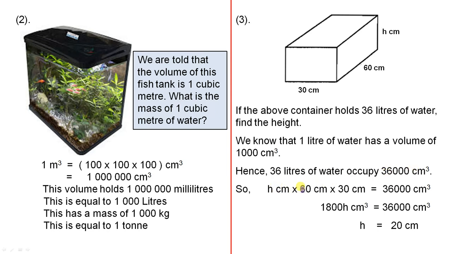So h centimetres by 60 centimetres by 30 centimetres gives us 36,000 cubic centimetres. So if we multiply all those together, we get 1,800h cubic centimetres equals 36,000 cubic centimetres. If we divide both sides by 1,800, we get h equals 20 centimetres. So the height of the rectangular prism